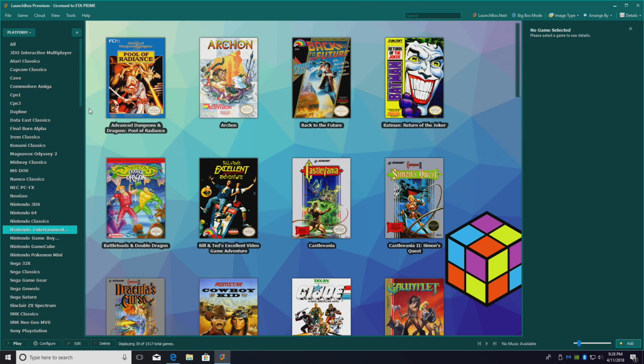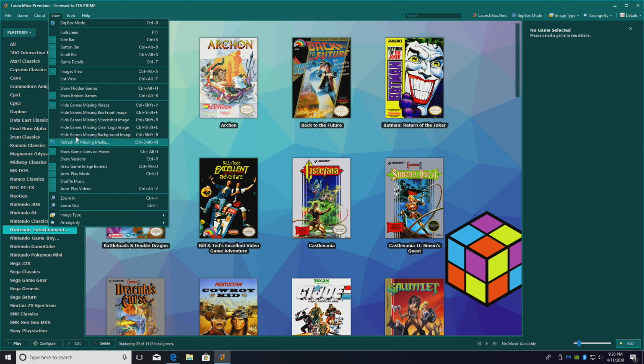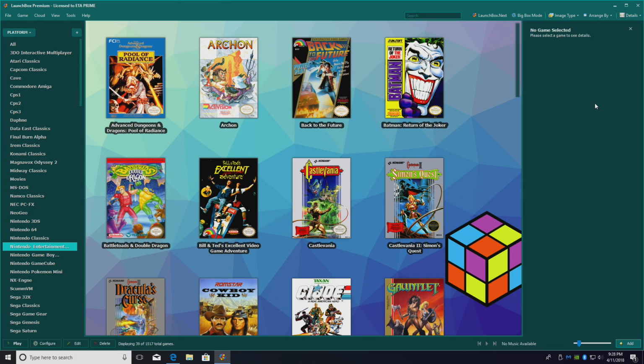It's going to scan everything. It'll hide all the games with missing videos. Same thing with the other options here. Really nice little feature. Another cool feature that's been added is the ability to delete unwanted images directly from the